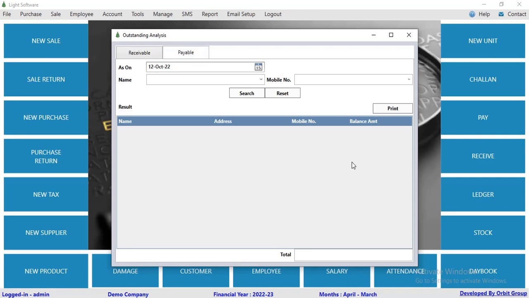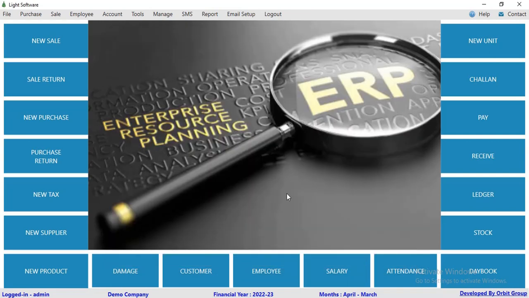receive and pay here. I can only say adopt the software. It will help you in your day-to-day work, and